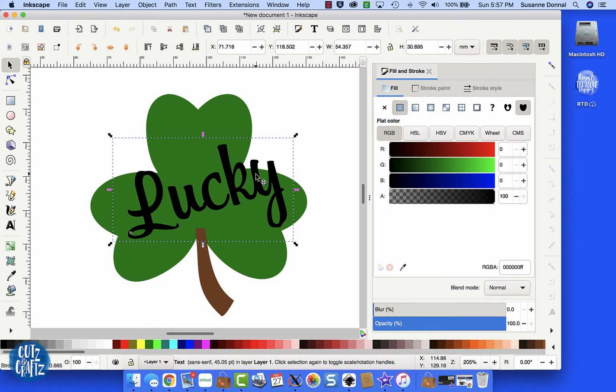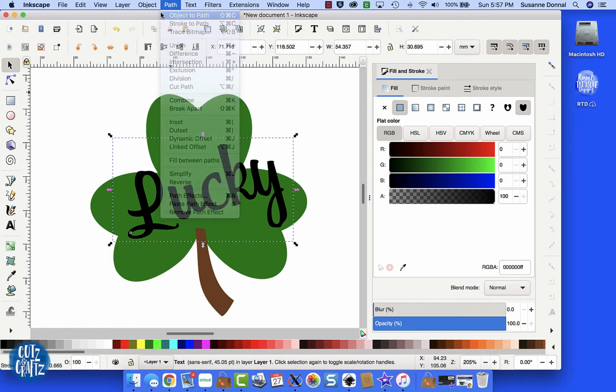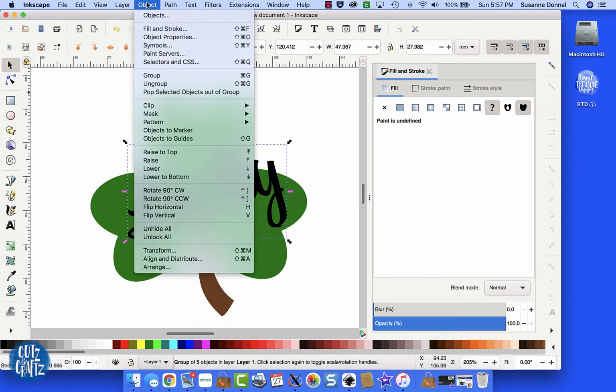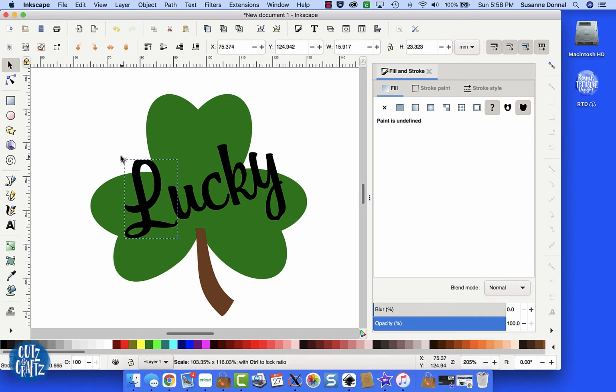The text that I just typed here is just text. It's not paths. There are no paths. There are no nodes. So we need to go to Path in the menu bar, Object to Path, go to Object, Ungroup. Now, each of these letters has a separate path. They're not attached to each other, so you can go ahead and manipulate, move them around individually, resize them individually,